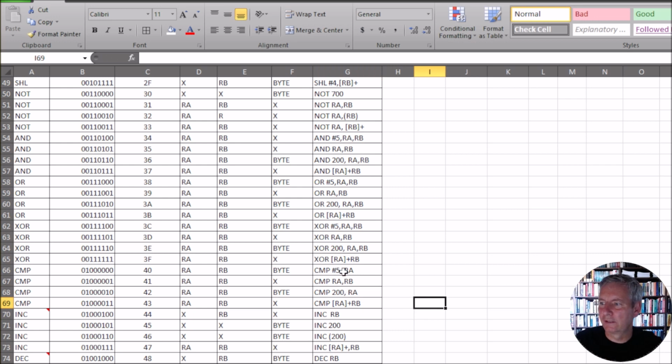Now the compare is slightly different because once we get through the compare, we don't actually place a value anywhere. We just compare two things, and when we compare it, one of the flags is set. So we're comparing the number 5 with the contents of register RA, comparing the contents of register RA with register RB, comparing the contents of memory location 200 with the register RB,